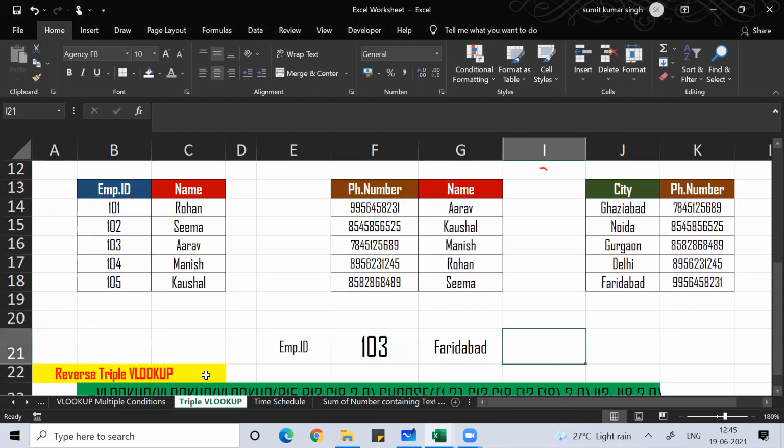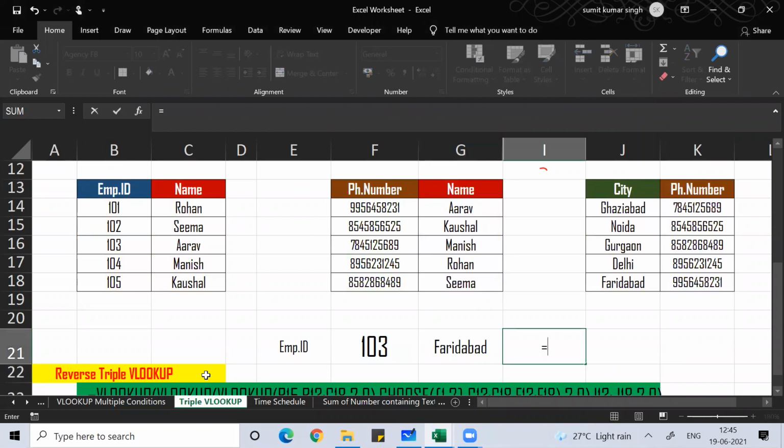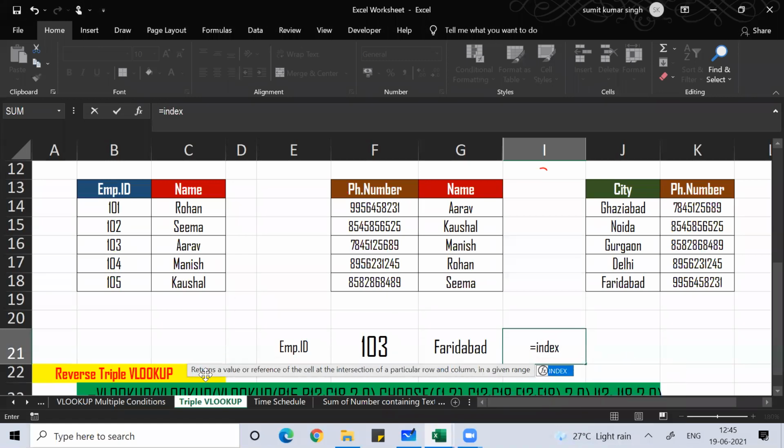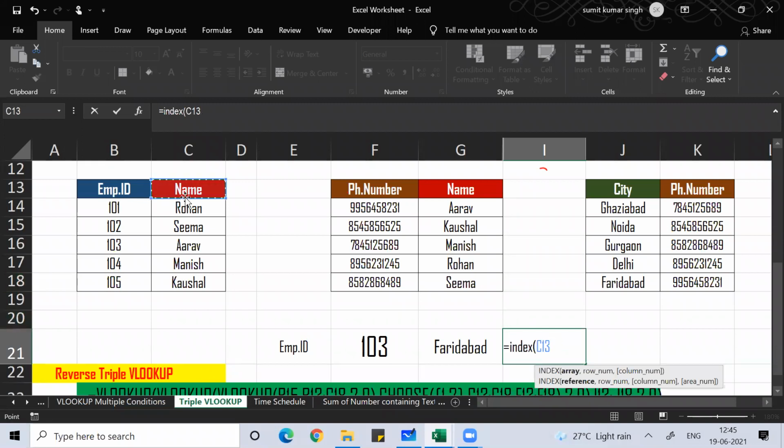Same thing, guys, I can do with the INDEX function. Equal to INDEX, array. What is my array? Whatever I want. I want the name, right? That is my array, comma. Row number. What is my row number?